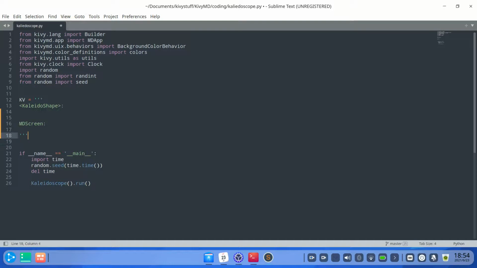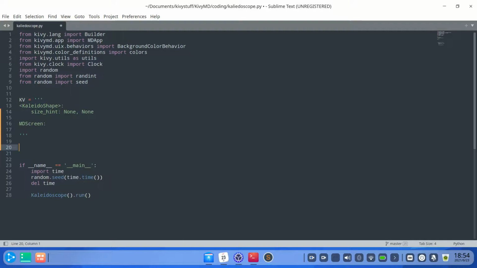And that's all we need in our string. Okay, we have to define our position, our size hint here. So it will be none, and then none, and we're done with